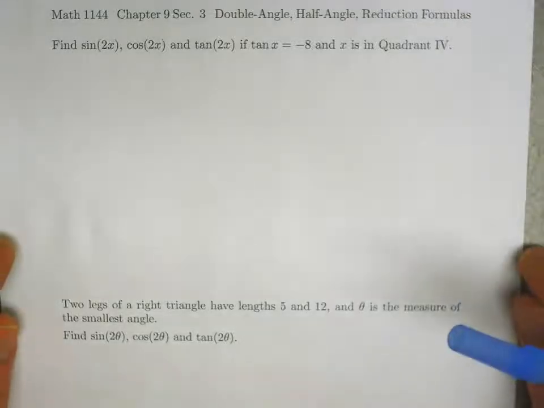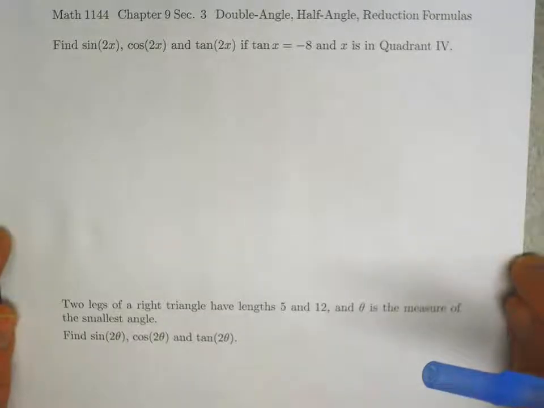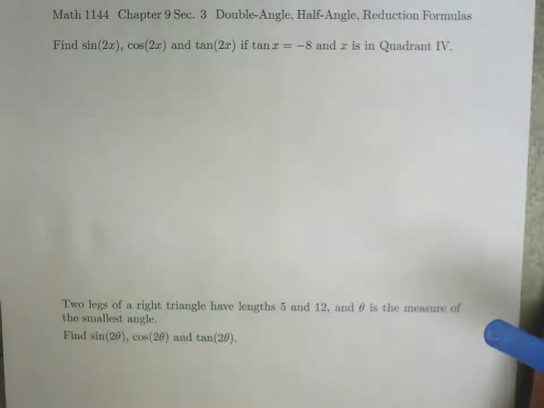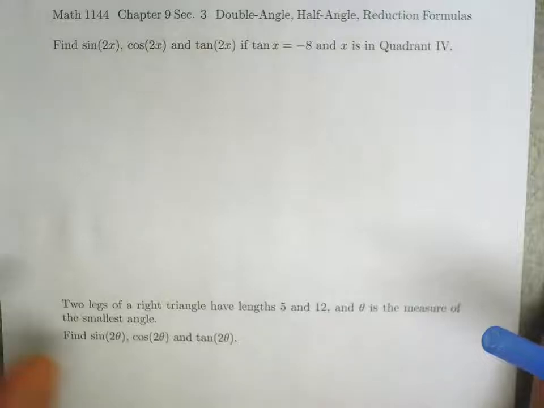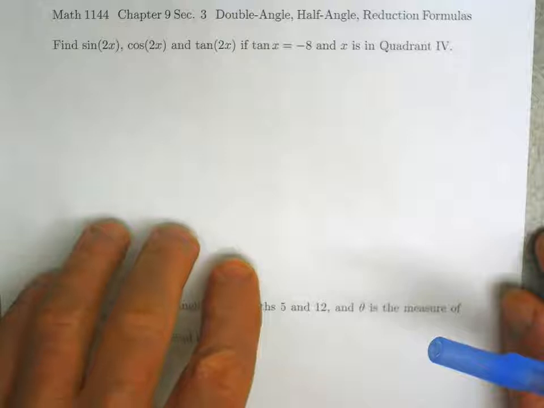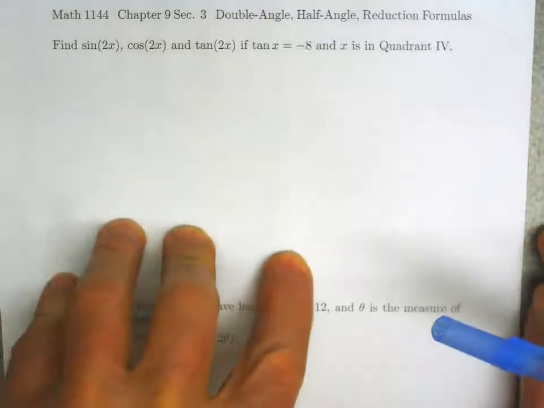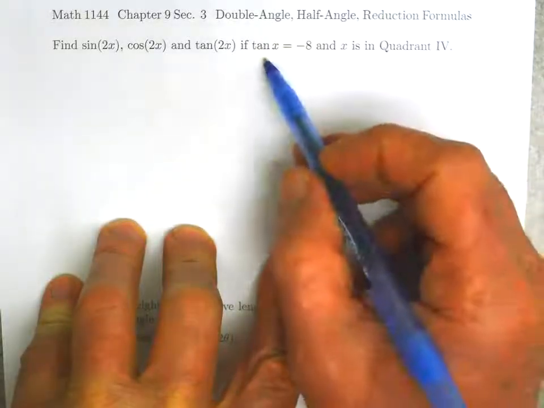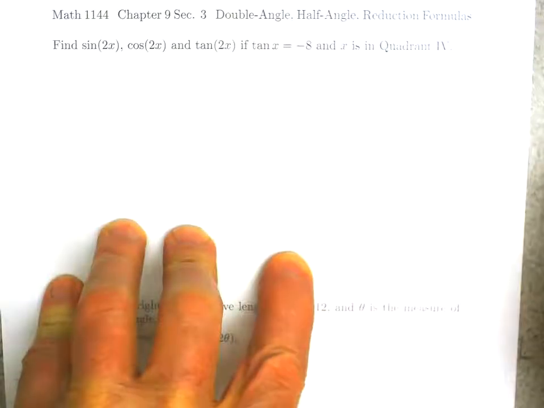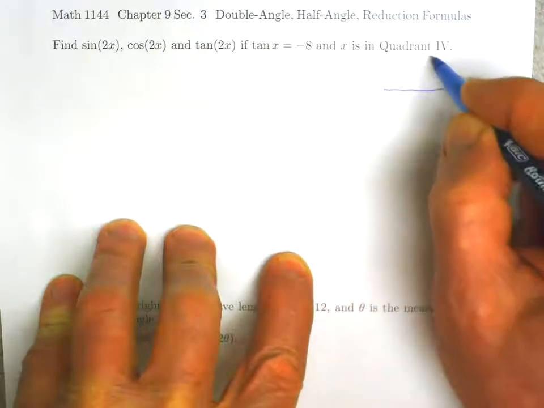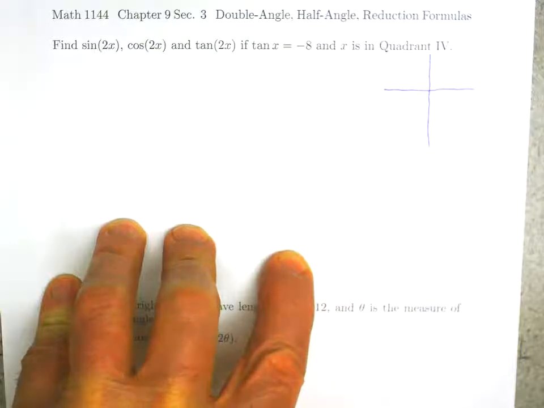Okay, this says find sine of 2x, cosine of 2x, and tangent of 2x, if tangent of x is equal to -8 and x is in quadrant 4. So let's deal with that first. If tangent of x is -8 and in the 4th quadrant,